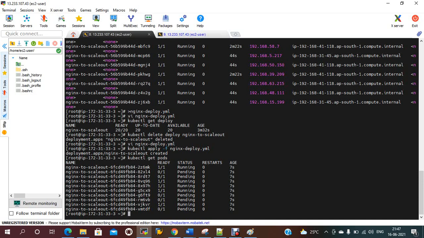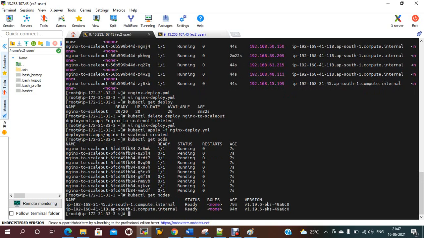So I need to increase the node capacity. Currently, if I give kubectl get nodes, I have two nodes. If there are more pods, at that time my cluster needs to be increased. I will need to add more nodes, up to 4. My desired maximum is 4. While creating the cluster I gave maximum nodes as 4 and minimum 2. So that is the reason I need to increase the cluster size. That is where cluster autoscaling comes into the picture.